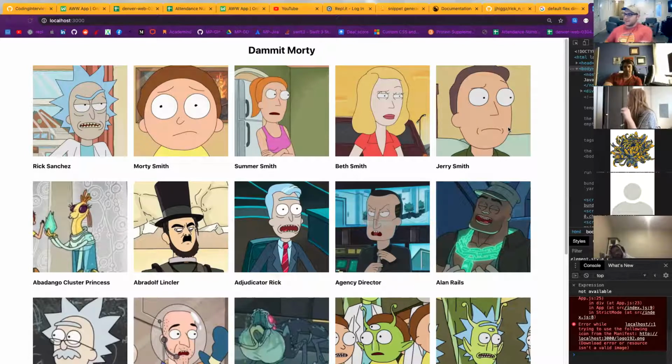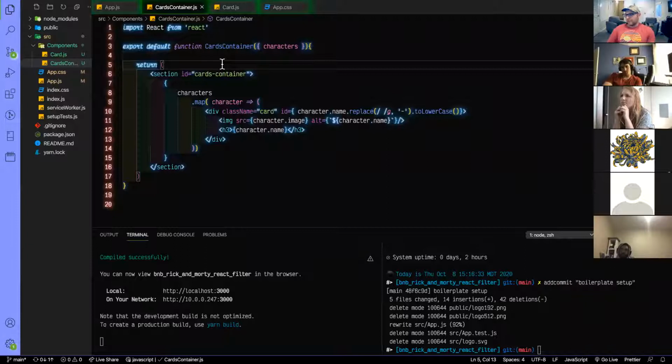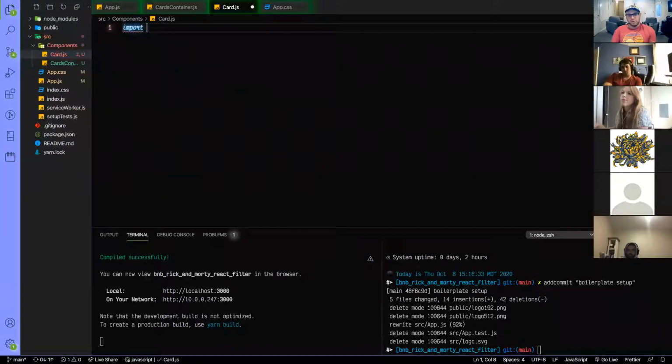That way I could pass in Jerry's information to a card component, whether or not it's in the cards container or a totally different container. It'd be nice if I could have a component that represents a card, regardless of where it's coming from. So I could take this functionality and rip it out and make it a card, which is exactly what we're going to do. So just like before, import React from React,